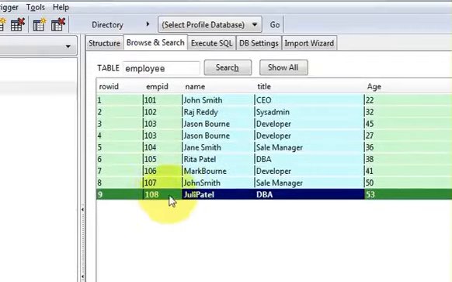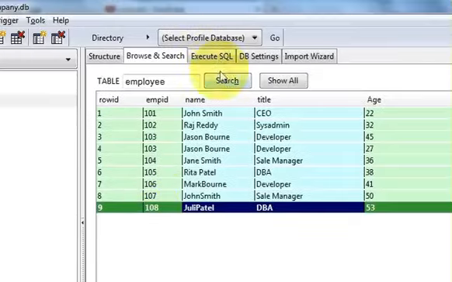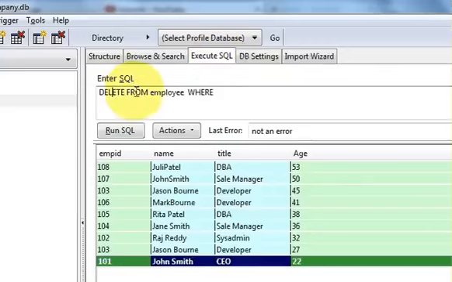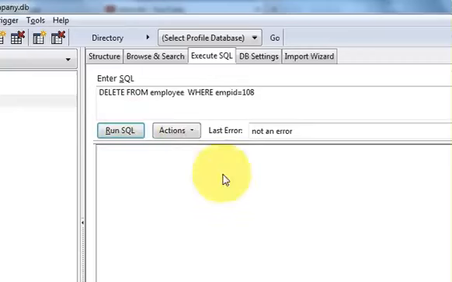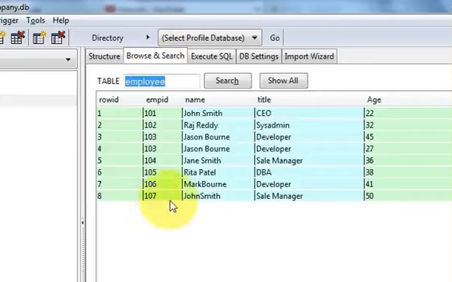So for example, I want to delete the data of employee ID 108, so you write delete from employee where employee ID is equal to 108, and just execute it. And when you go to this browse and search tab once again, it will have deleted the data of employee ID 108. If you notice here,